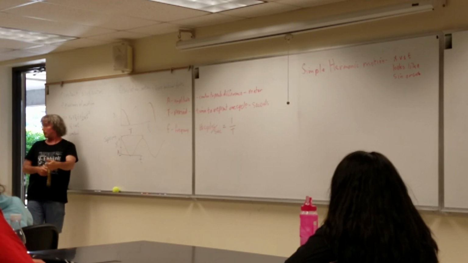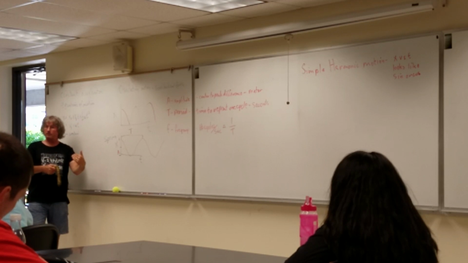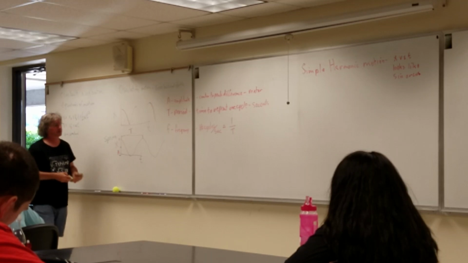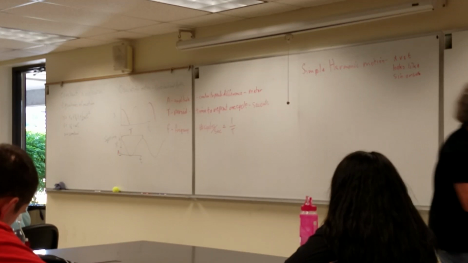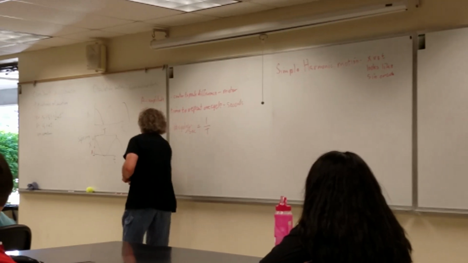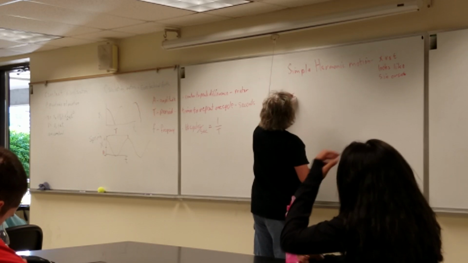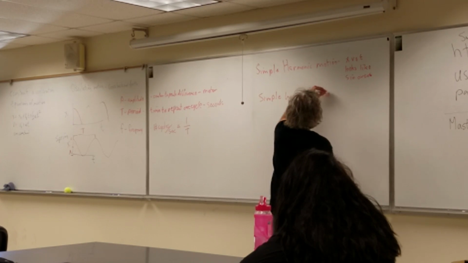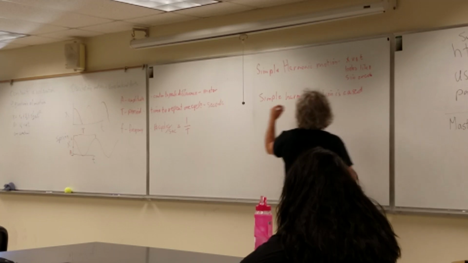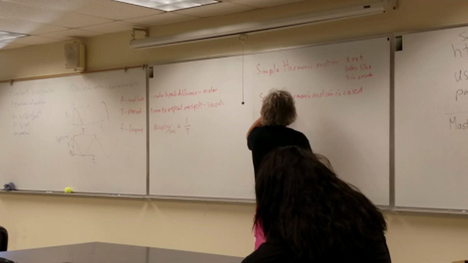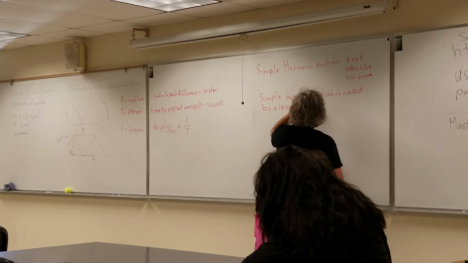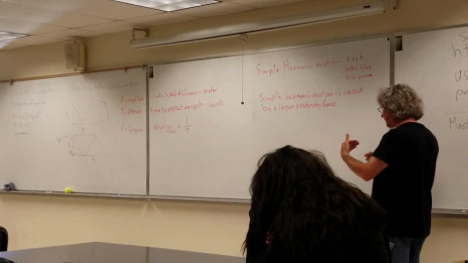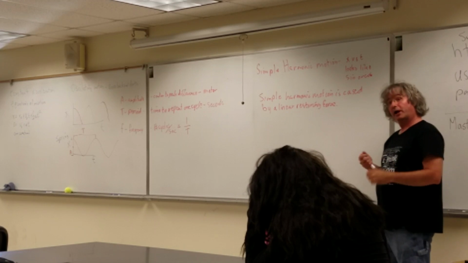If that restoring force is linear, if when you pull down twice as far, it pulls back twice as hard, then you get the simple harmonic motion. So the simple harmonic motion is caused by a linear restoring force. For a spring,